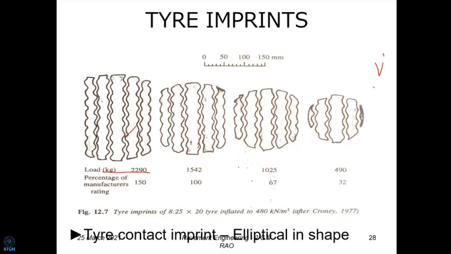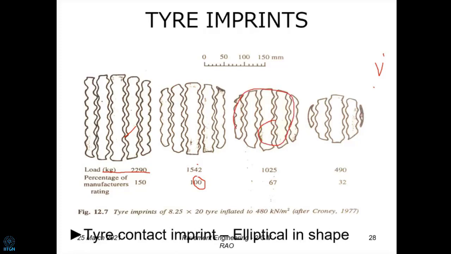2290, 1542, like this now. So the manufacturer rating, of course, is 100. That is exactly 100% of whatever is there now. So the rating is 1542. So the tire imprint is going to be like this. Okay, if we are reducing that to 2/3 of the load now, the tire imprint is going to be like